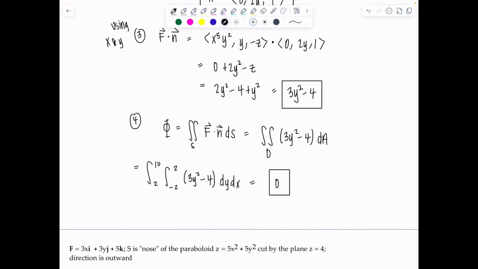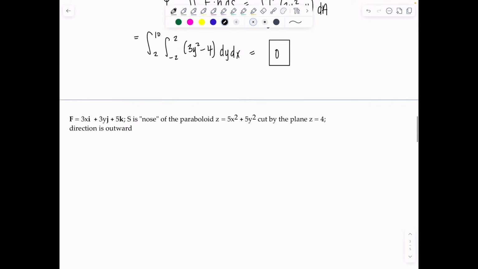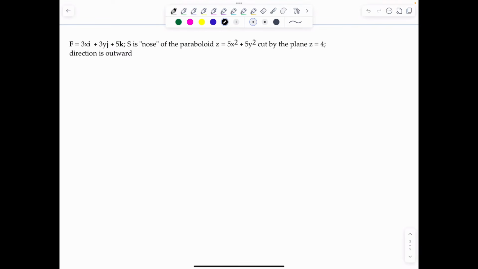Okay? Good. 1 is done. I've got 3 more for you in case you were wondering. Here we go. Next one, there's my vector field F, and the surface is the nose of the paraboloid z